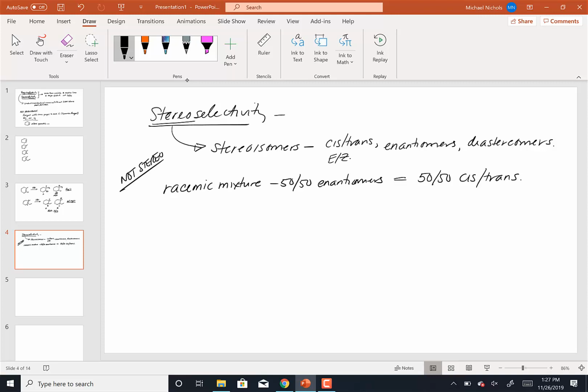Now, the rule in organic chemistry is this. You need an optically active reagent. You need something that's chiral, that is a non-50-50 mixture, in order to make a chiral product, meaning a product that is not 50-50. If you generate a product with a single chiral center, you will always get 50-50 unless a reagent was chiral to begin with. If you think about all the things we've done